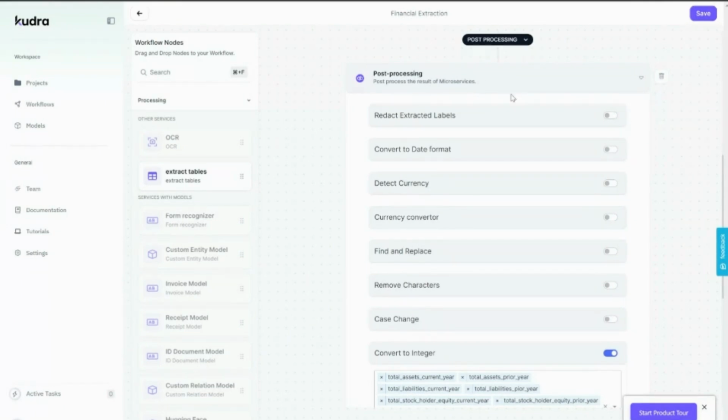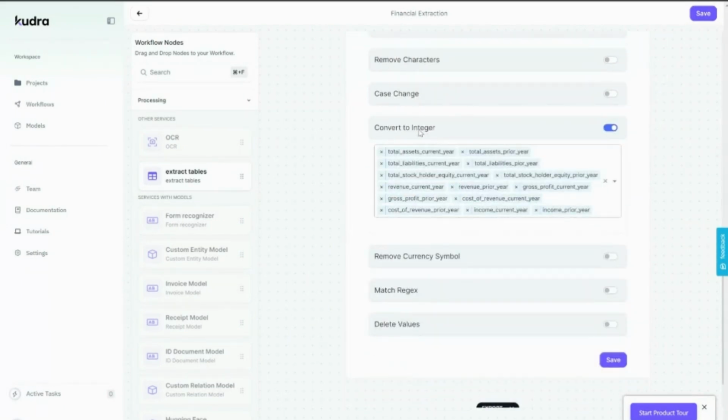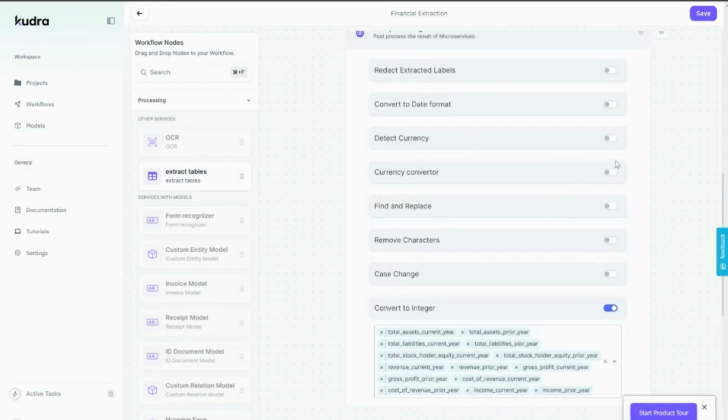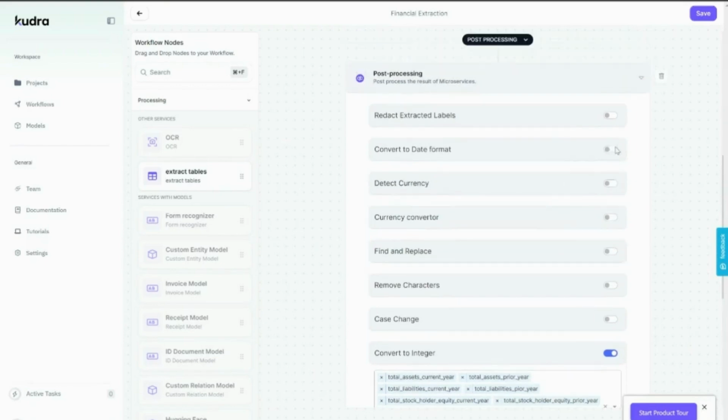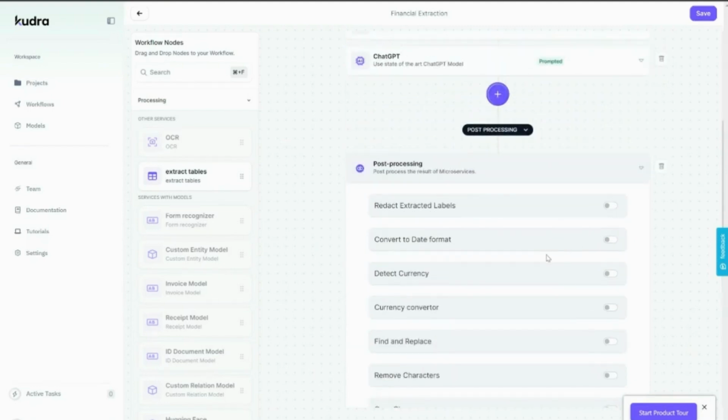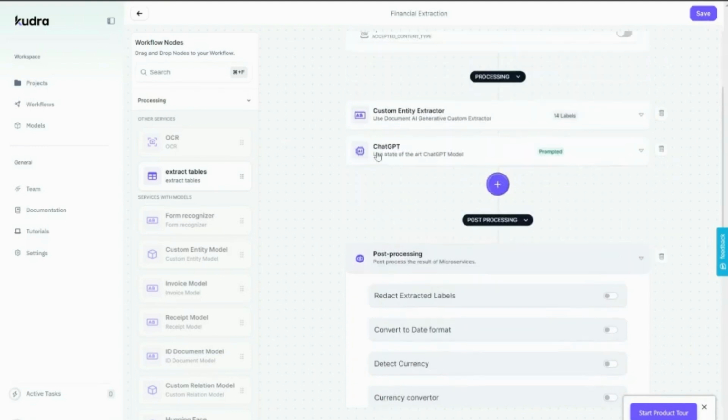So we do a post-processing step where we would like to convert all these entities to integers. So we toggle this on. You also have the option to do a lot of post-processing, like changing the date format, redacting labels, converting currency, find and replace, and so on. So this is a post-processing step that will normalize your data so it's cleaner when you export it out.